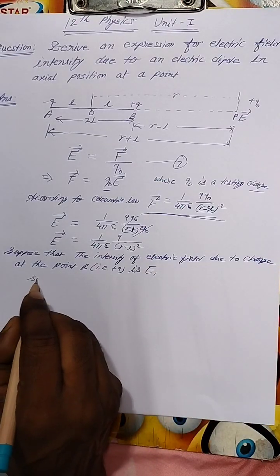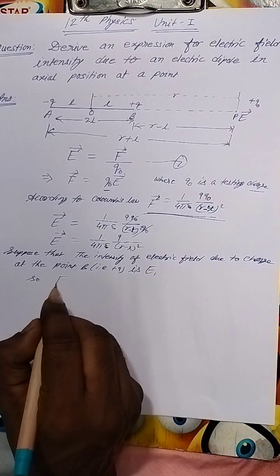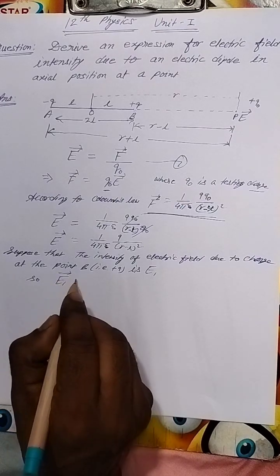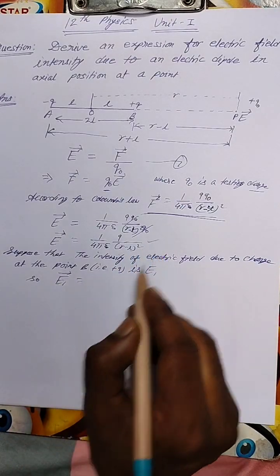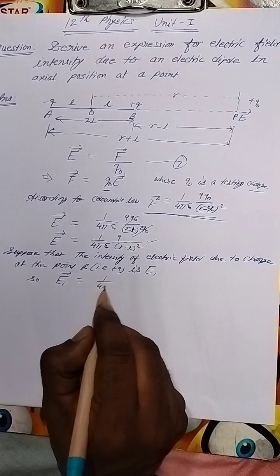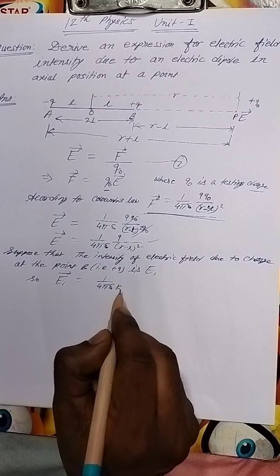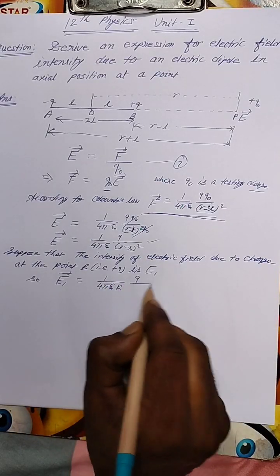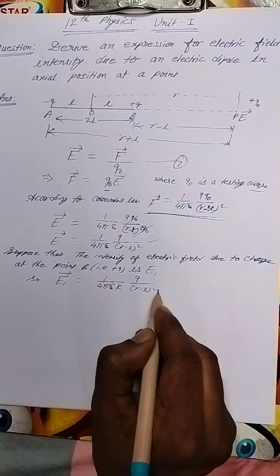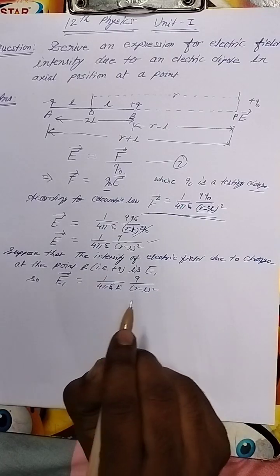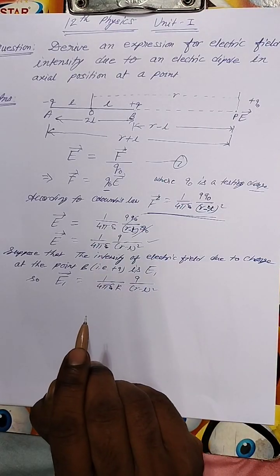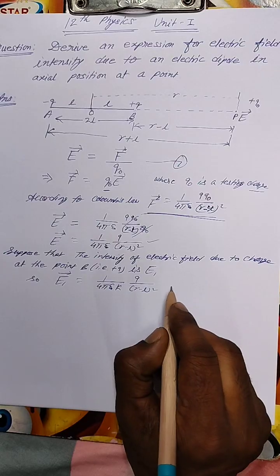So E1 is equal to 1 upon 4 pi epsilon 0 K, q upon (r minus L) whole square,